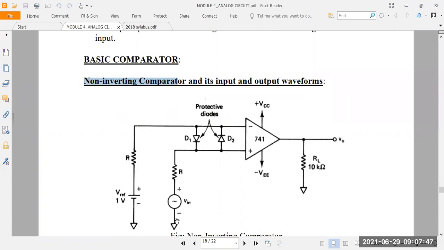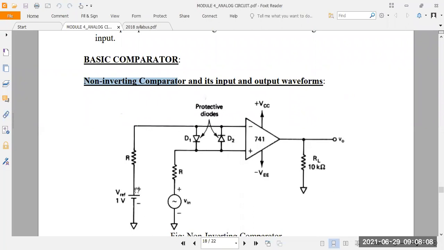So same thing here, we have to compare the AC source with the reference. Reference is the standard here. Depending upon the design requirement you have to set the voltage. Here they have taken 1 voltage. It's a minimum voltage, it's an optimum voltage for the op amp. That's why they have taken 1 voltage.